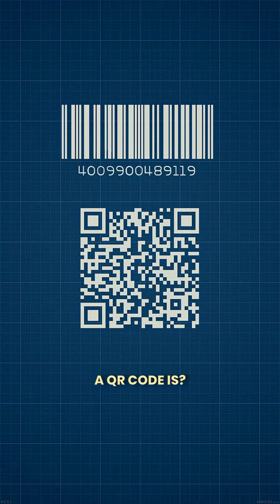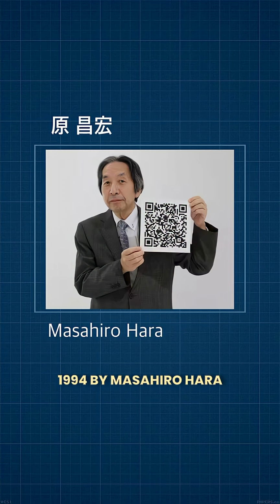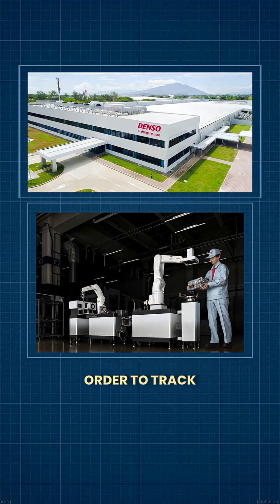Have you ever wondered what the difference between a barcode and a QR code is? Like, why didn't we just use barcodes for everything that QR codes are used for today? Well, a QR code, or quick response code, is actually a type of barcode. It was invented in 1994 by Masahiro Hara and his team at Denso Wave in order to track automobile parts